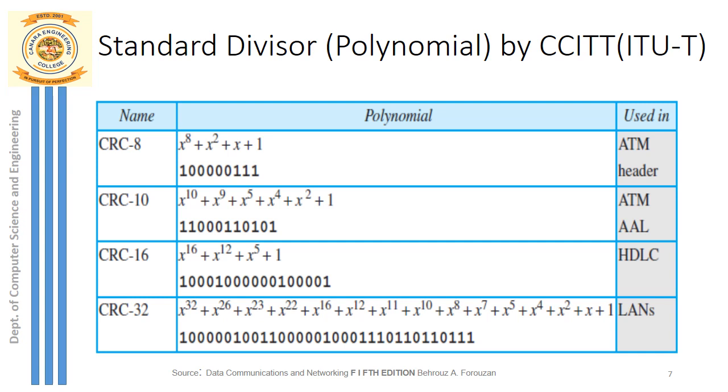in real time. In this experiment we consider CRC 16, that is why we consider this as our standard polynomial or divisor: 1 0 0 0 1 followed by 6 zeros, followed by 1, followed by 4 zeros, and followed by 1. We use this divisor for performing the CRC division operation.